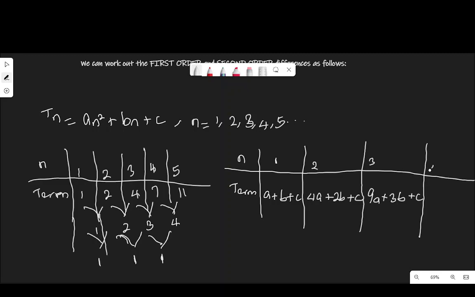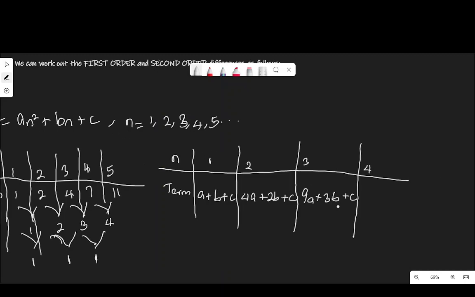What about when n is equal to 4? 4 squared is 16. 16 times a is 16a, plus 4 times b is 4b, plus then the constant term c. That is for n equal to 4. What about if n is equal to 5? I put 5 here. 5 squared is 25. 25 times a is 25a plus,